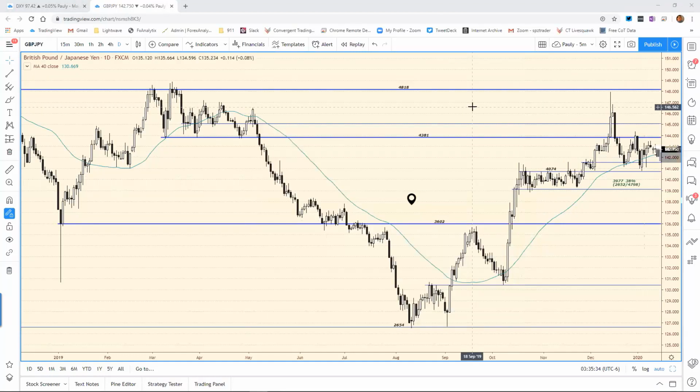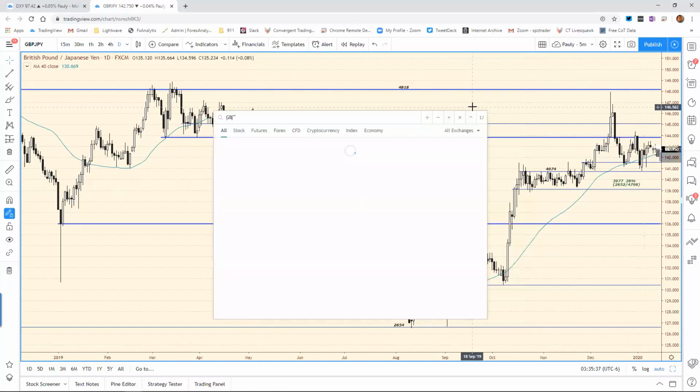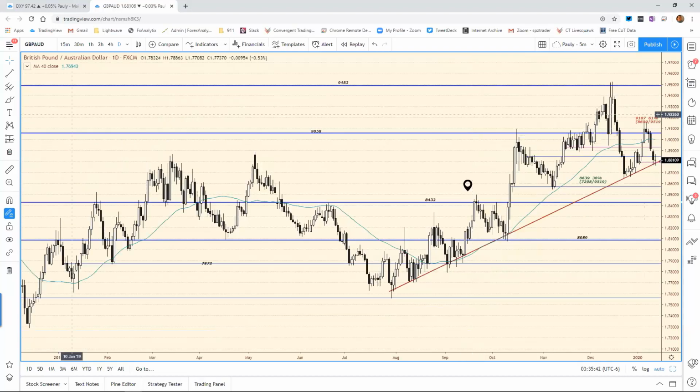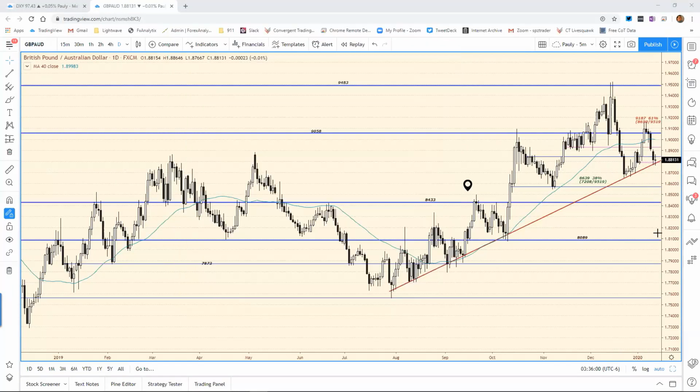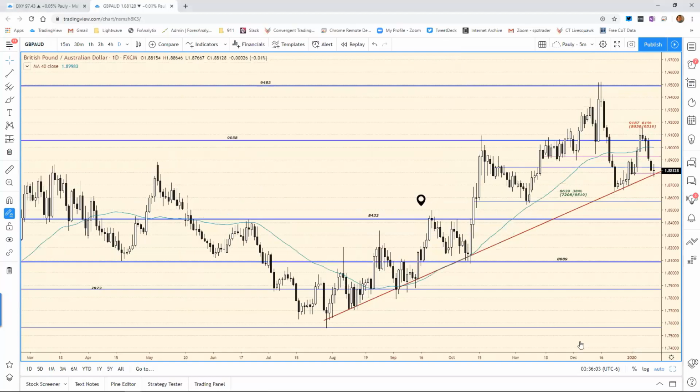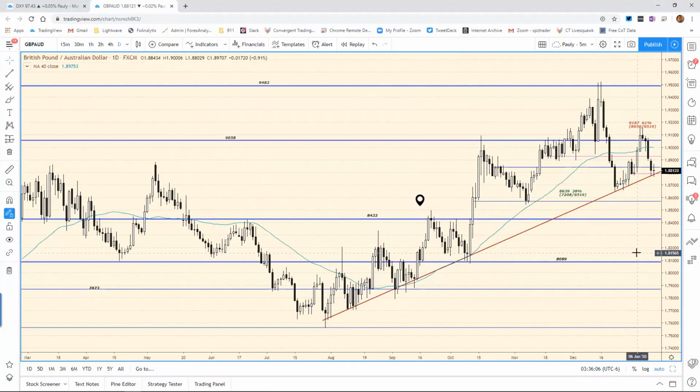And let's go and move into sterling odd. So we did go just below here, this kilo 87.88. Now we did just take a dip below the trend line support here. We're still keeping a bid here. I would expect it to hold a bid. We may see one quick little dip with the phase one deal, but once again,